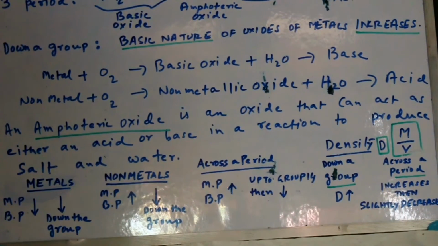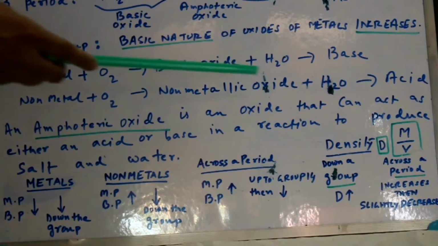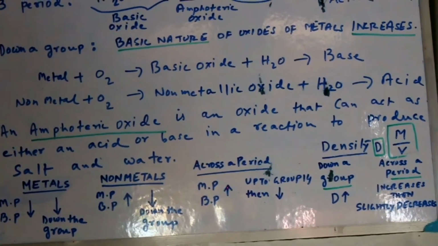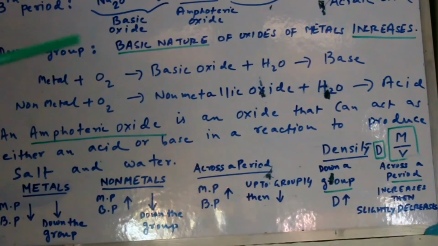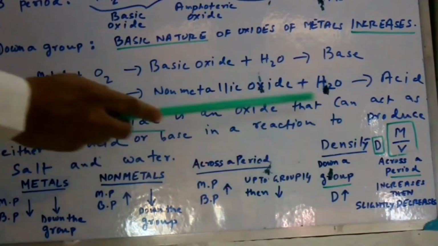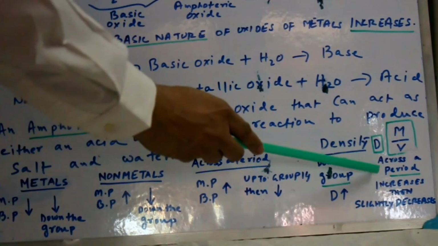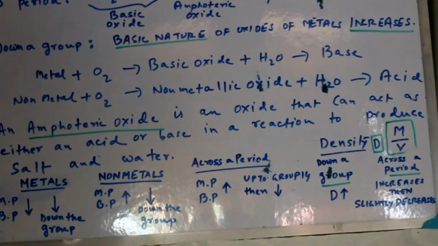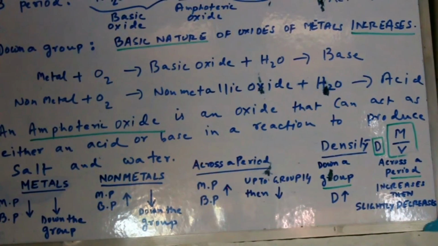Another concept is density. What is density? Density is M by V, M is mass, V is volume. So density is mass per unit volume. Now down the group, what will happen? The density will increase, and across the period, what will happen? The density will first increase and then it will slightly decrease. Okay, now